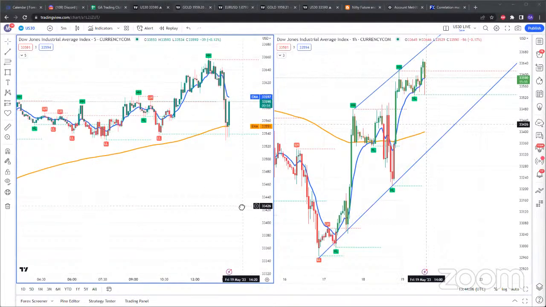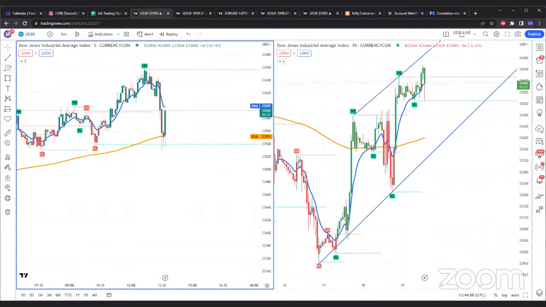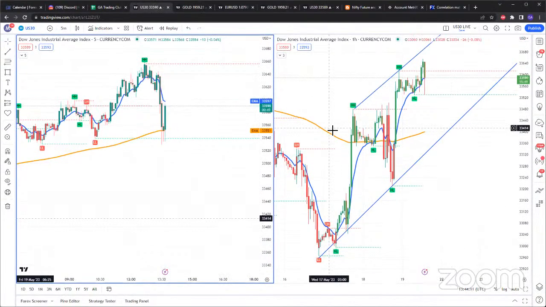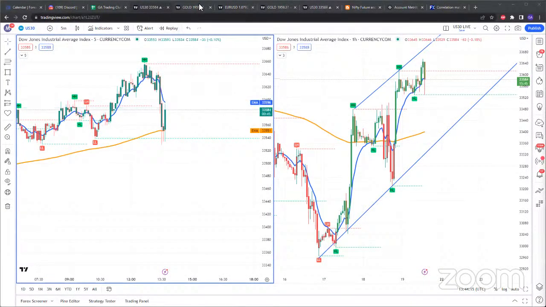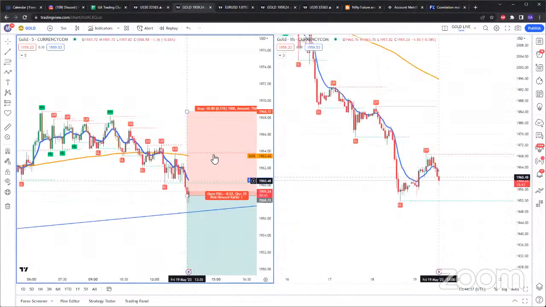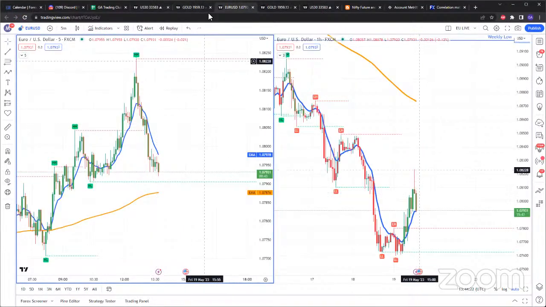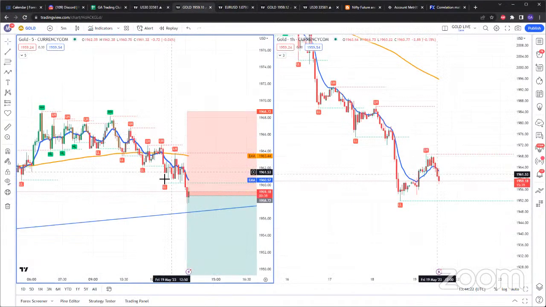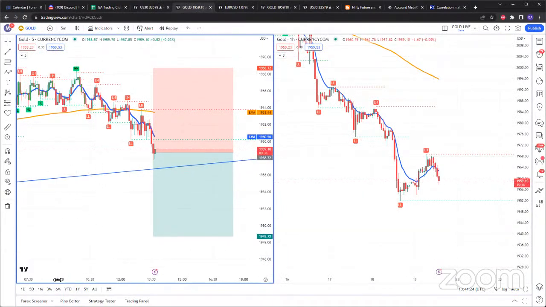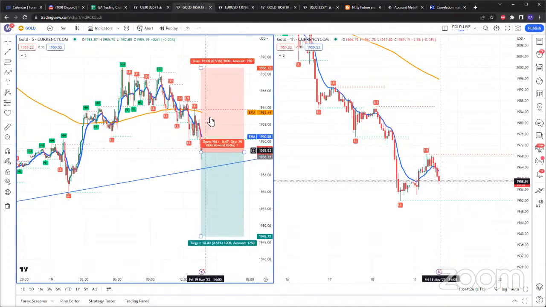All right, good morning, guys. Today is Friday, May 19th, and as usual, we'll be going over analysis for US 30, gold, and EU. So right now, the only trade I'm in, I'm testing this out. I'm not really going for 100. I know I have 100 pips TP and 100 pips stop loss